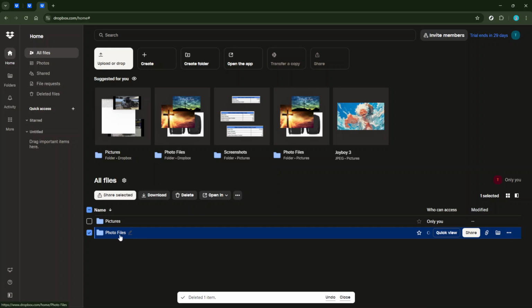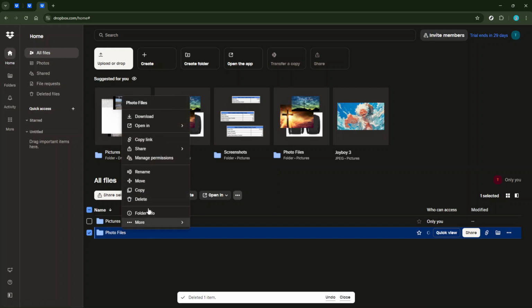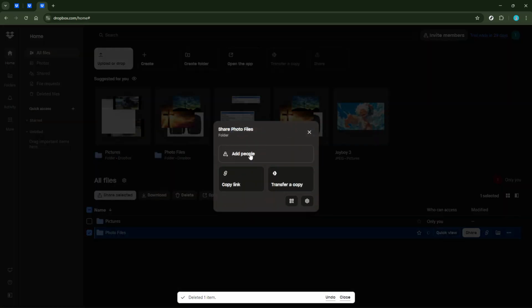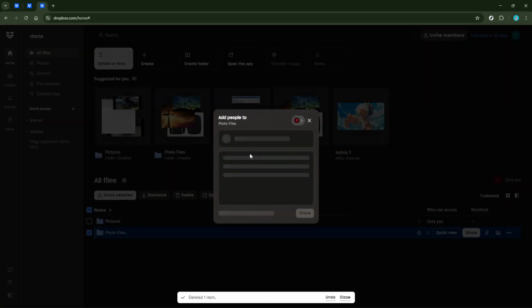The larger the file, the longer it might take to upload. But Dropbox does a great job of keeping things efficient. Once your files are in Dropbox, sharing them with others is a breeze. Simply right-click on the file you want to share and select the Share option. Dropbox will then guide you through sending the file to friends, colleagues, or anyone else who needs access. Remember, sharing is one of Dropbox's best features, especially for collaboration. So take advantage of it.